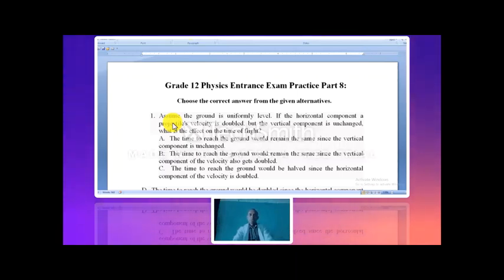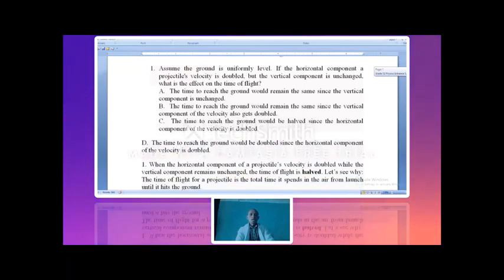Choice B: the time to reach the ground will remain the same since the vertical component of the velocity gets also doubled. Choice C: the time to reach the ground would be halved since the horizontal component of velocity is doubled. Choice D: the time to reach the ground would be doubled since the horizontal component of the